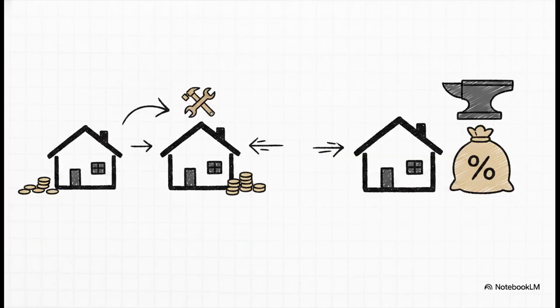Let's look at a real-world example straight from the ICAI source to brilliantly illustrate the math in action. Meet Mr. C. He buys a residential house in July 2023 for 10 lakh rupees. A month later, he drops 2 lakhs improving it. So his total cost base is 12 lakhs. Fast forward to April 2025, and he sells it for 20 lakh rupees.